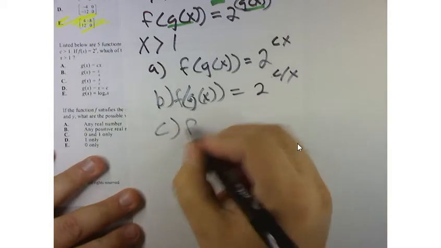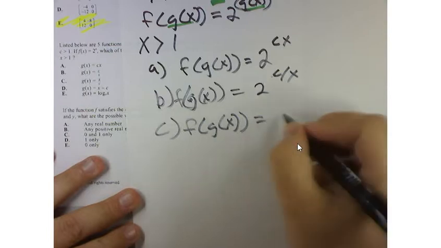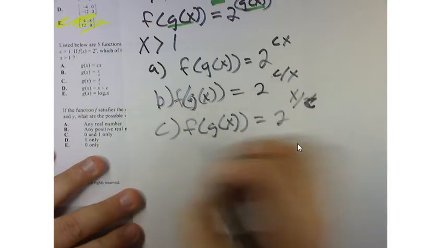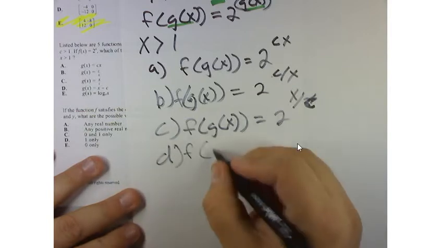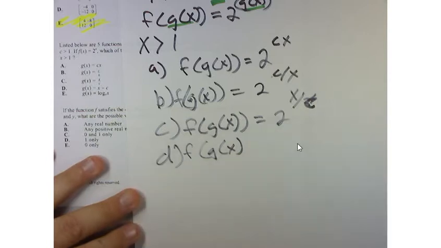C, which is f of g of x, will be 2 raised to the x over c. D would be f of g of x,